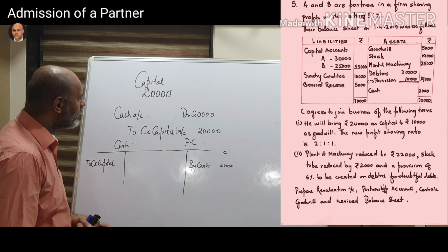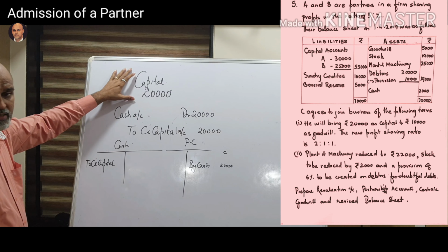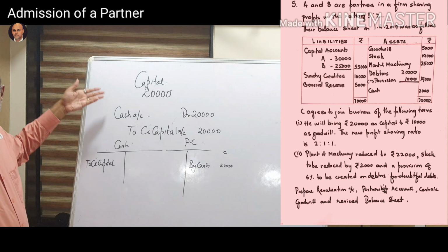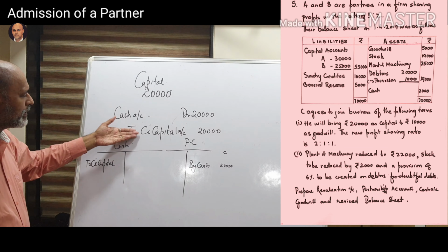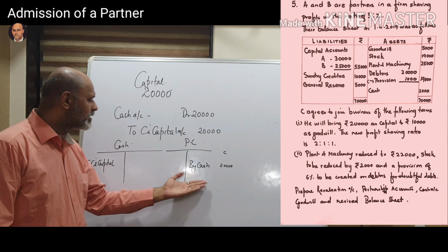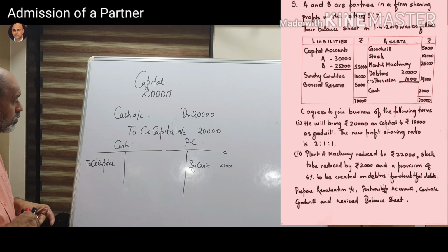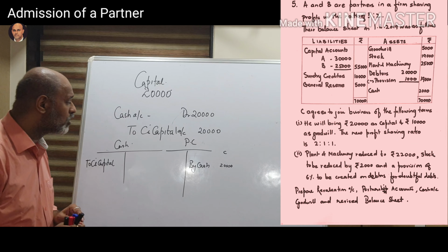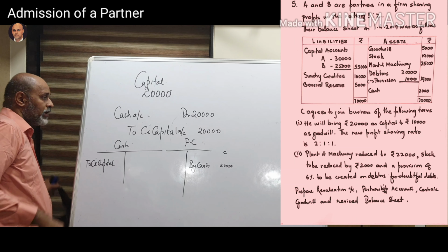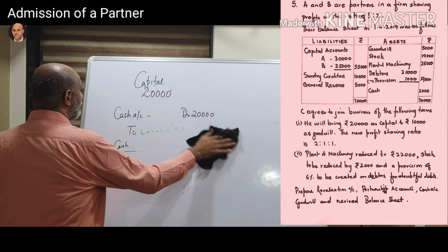Fine. तो जैसे आप देखोगे जो नया पार्टनर सी है वो 20,000 कैपिटल बिजनेस के अंदर लेके आने वाला है और लेके आ गया है, और जो एंट्री है वो कैश अकाउंट डेबिट टू सीज कैपिटल है. कैश अकाउंट में आप जाके लिखोगे टू सीज कैपिटल, और सीज जो पार्टनर्स कैपिटल अकाउंट है वहां पर जाके आप लिखोगे बाय कैश, और सी के कॉलम में आप 20,000 लिख दोगे. Okay, that finishes with your entry for capital.